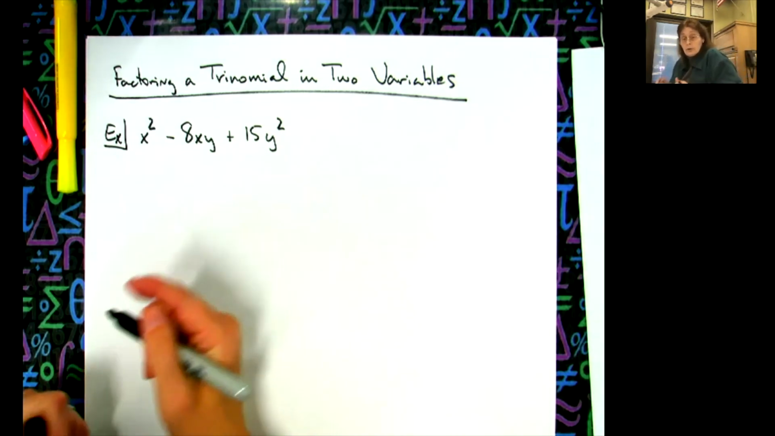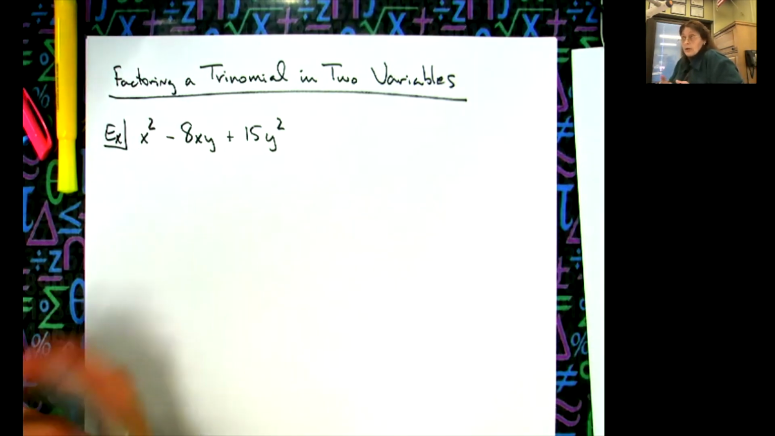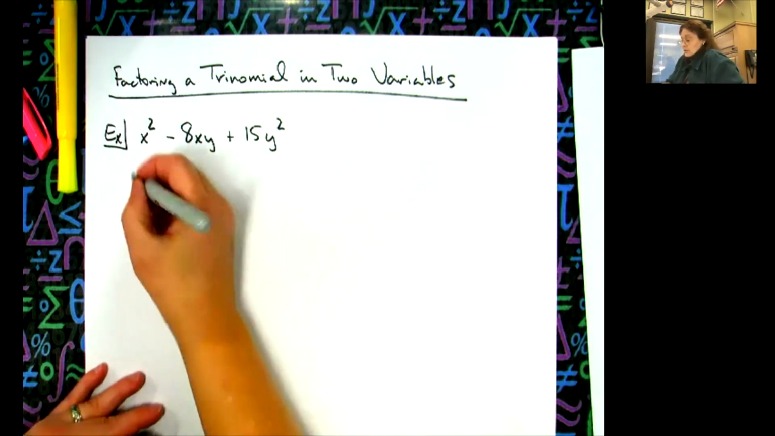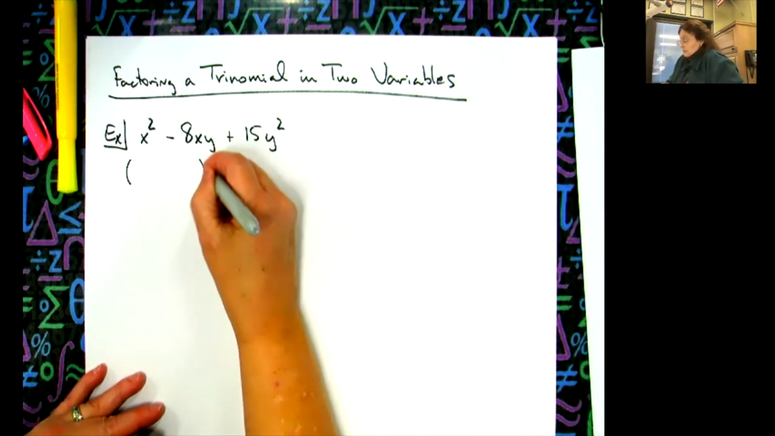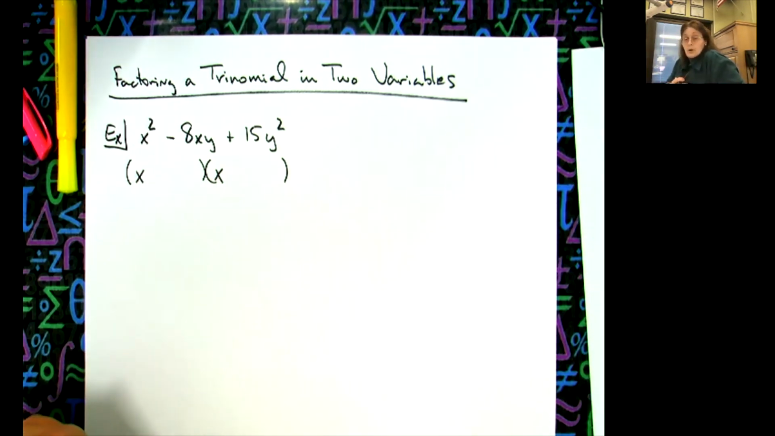Okay, now it is a trinomial. So I know it's going to factor into two binomials. And with this having a leading coefficient of 1, I still know that that first one is x and x. Okay. So I know this has to be an x. I know this has to be an x. All right. Now,